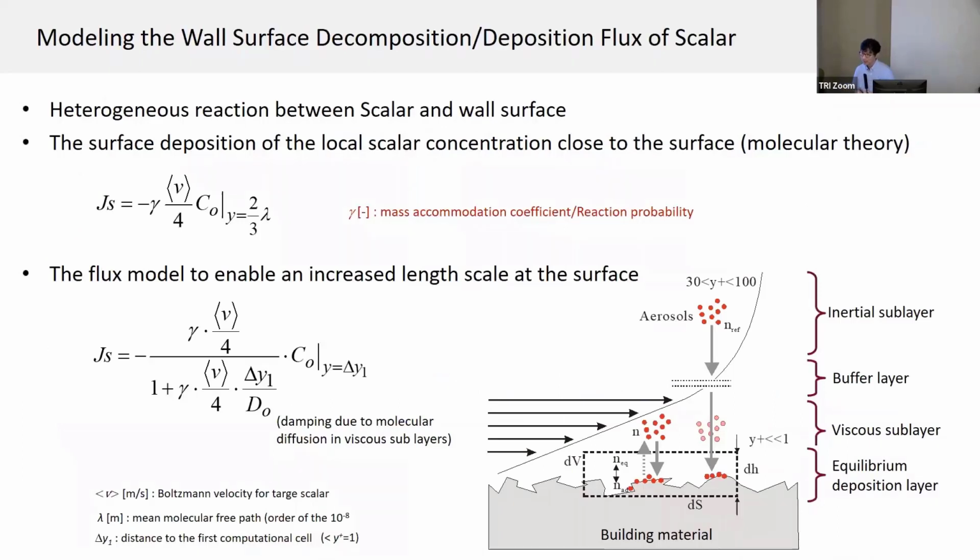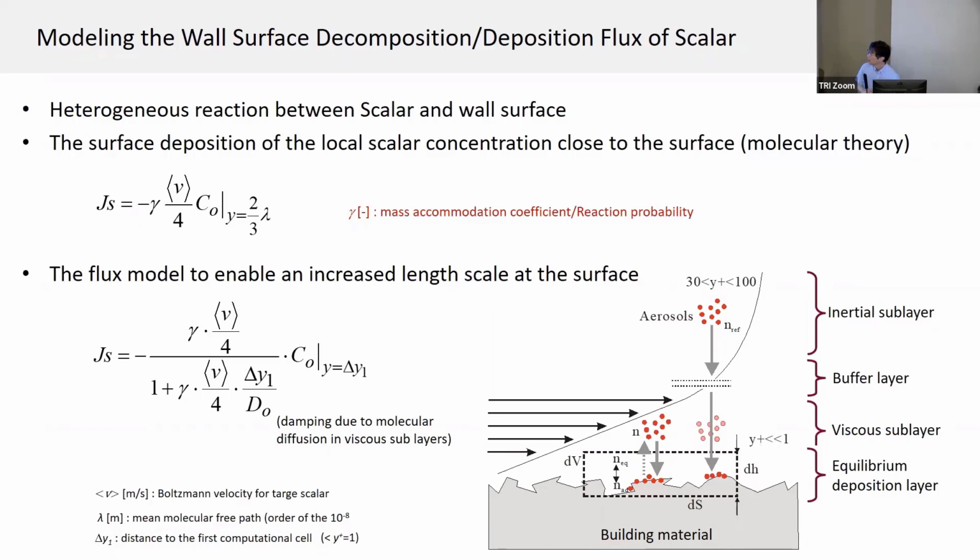In order to discuss the input of chemicals at epithelial tissue surfaces, we must carefully consider the boundary conditions between the lumen and tissue surfaces. This is a very simple model of the deposition velocity of scalar transport inside nasal cavities. From molecular theory, the surface deposition of the local scalar concentration close to the surface can be described by